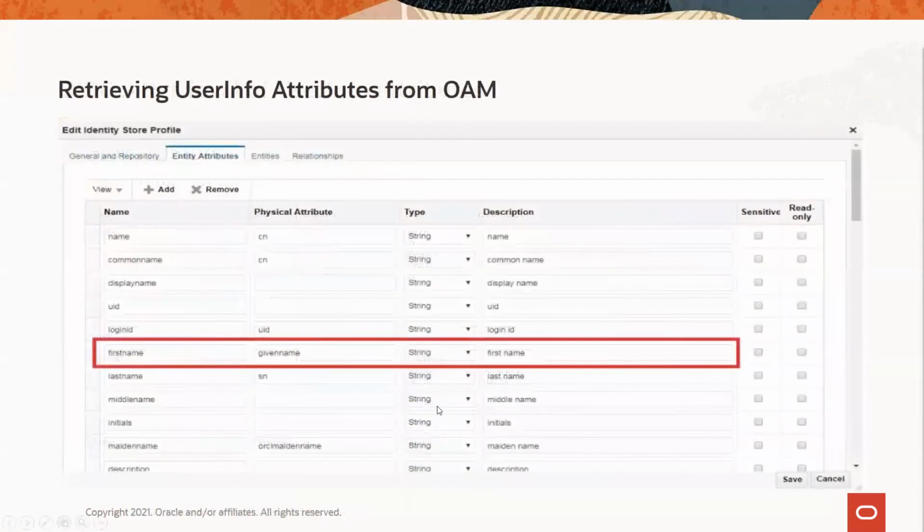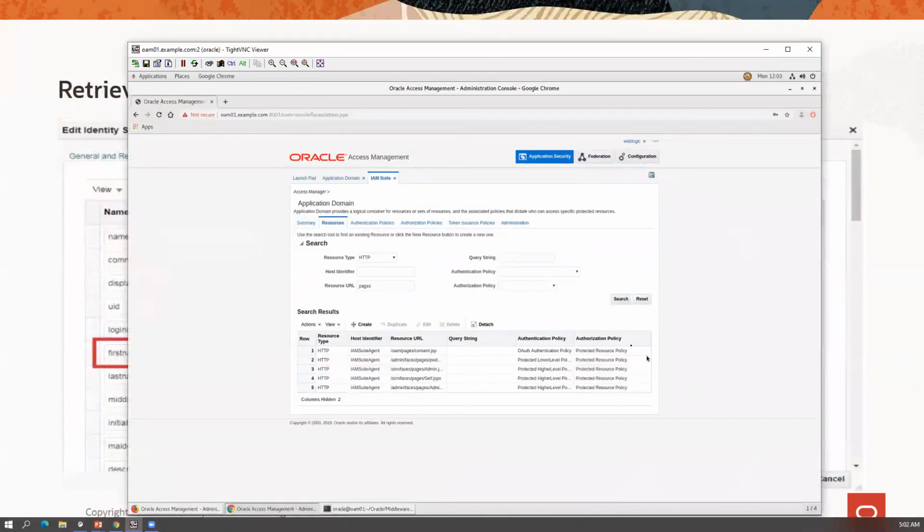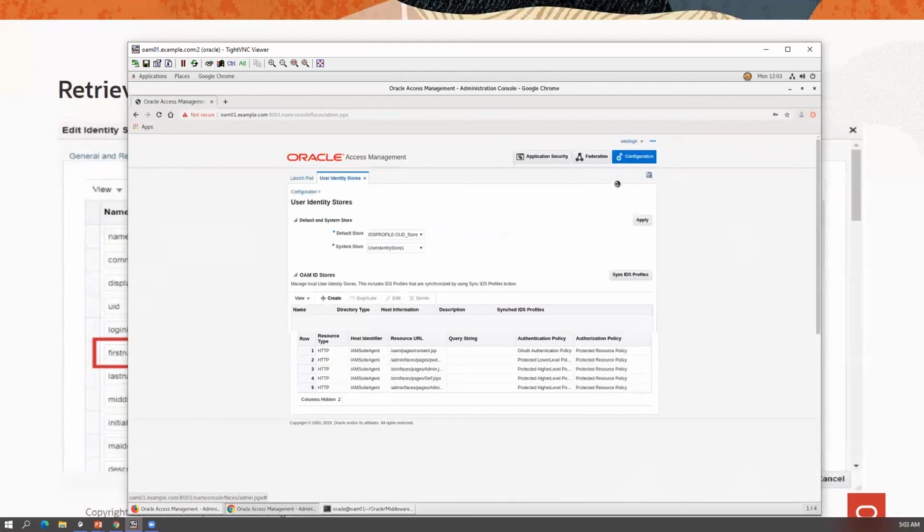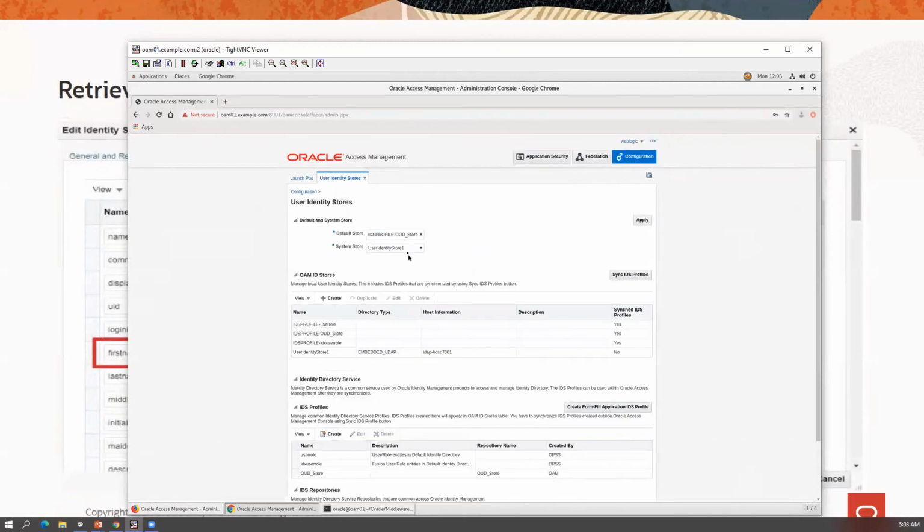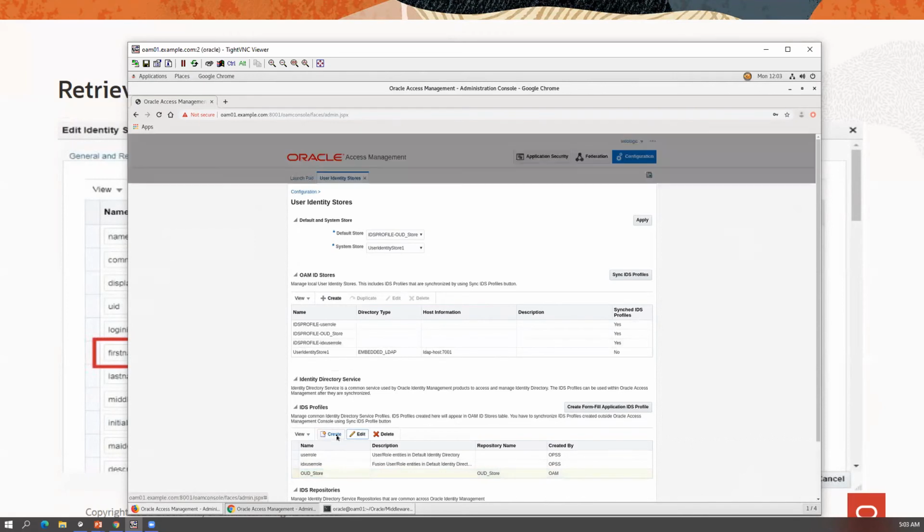Let's look at some of these examples here. If you look into the user info here under configuration, and under IDS profile, you see these OUD, for example, the backend store, and the various physical attributes, how they are mapped to the logical names under the OpenID user info here.